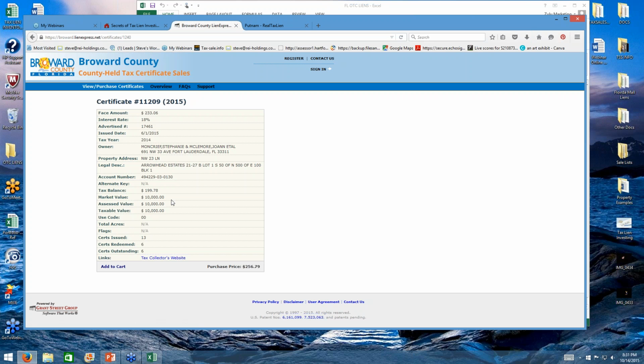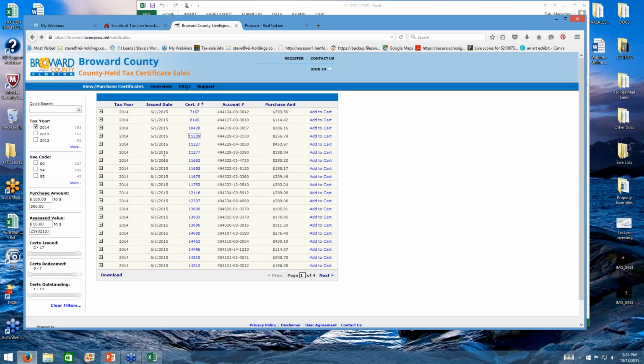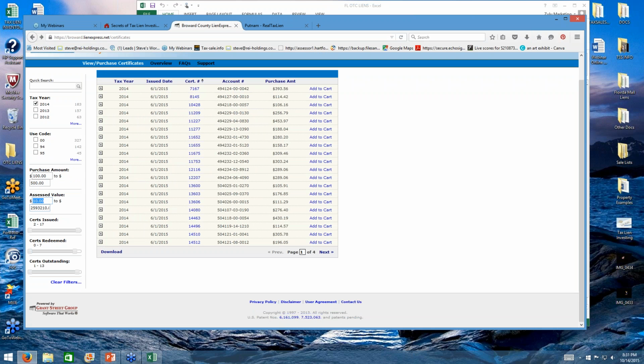Now this one has a higher assessed value down here at $10,000, but I can see there's 6 certificates on here. So you could possibly look into it, but it is a little bit higher. One thing I might do, and we'll see, let's go ahead and